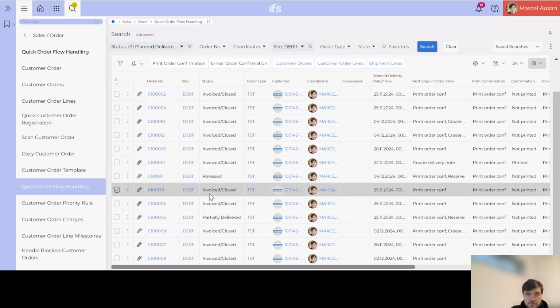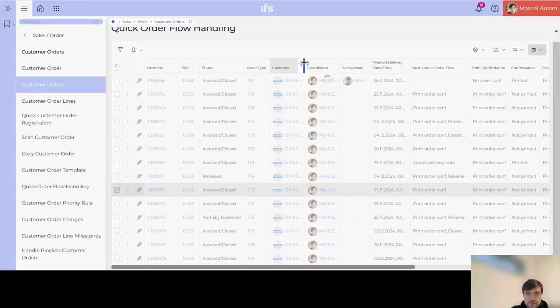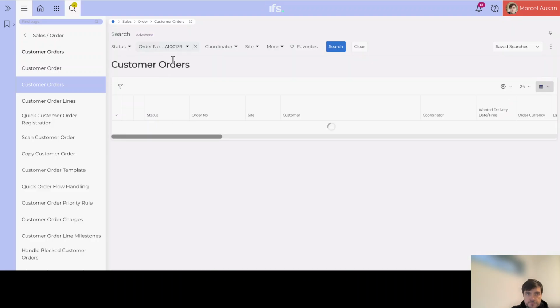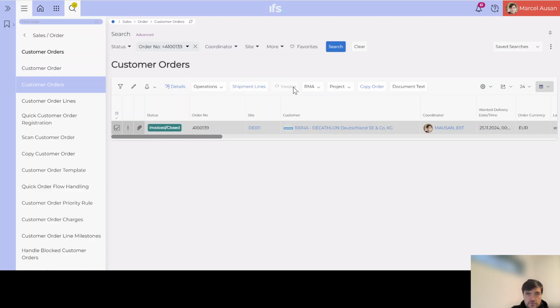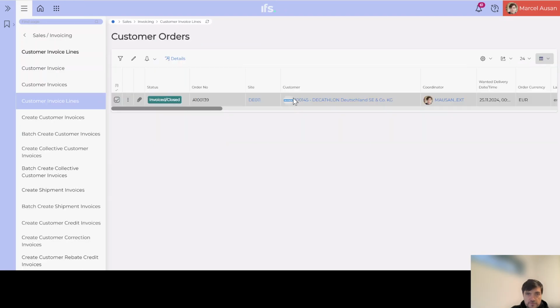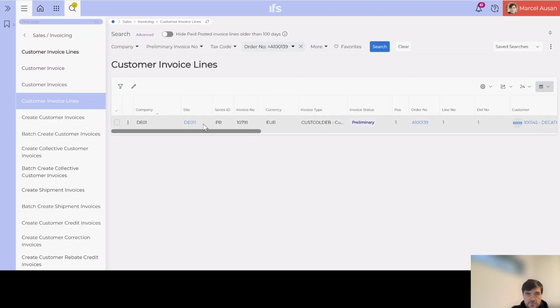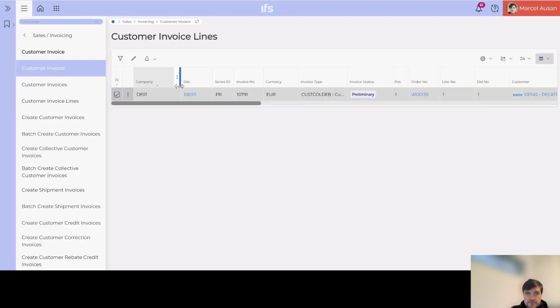For example, we know for sure this order number was included in our collective invoice. Now we can jump into the customer order, and from here we can go to invoice and invoice information. Now we see the customer invoice line. And if we jump into the customer invoice,